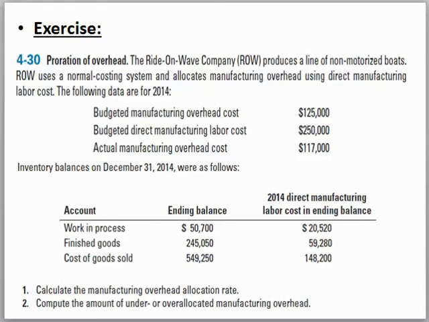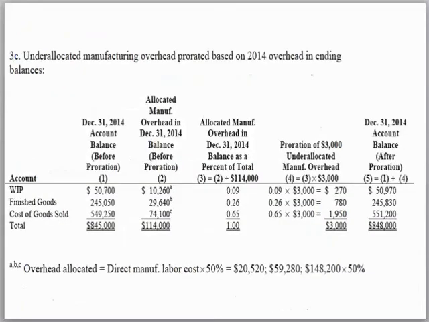Okay, so here we multiplied for the work in process 2520 by the budgeted rate, which is 50, to get the allocated overhead for the work in process of 10,260, and also for the finished goods and cost of goods sold, and then the total. And then we will get the percentage of each of